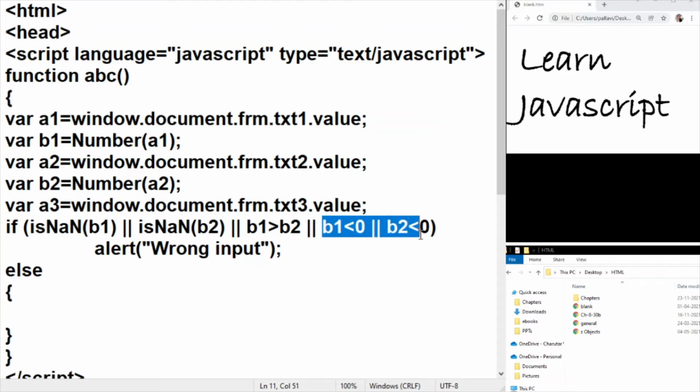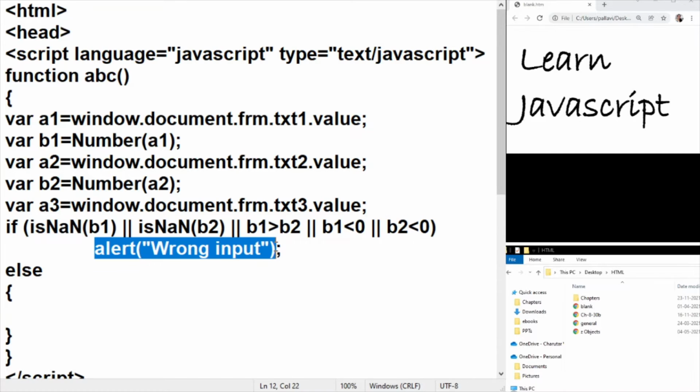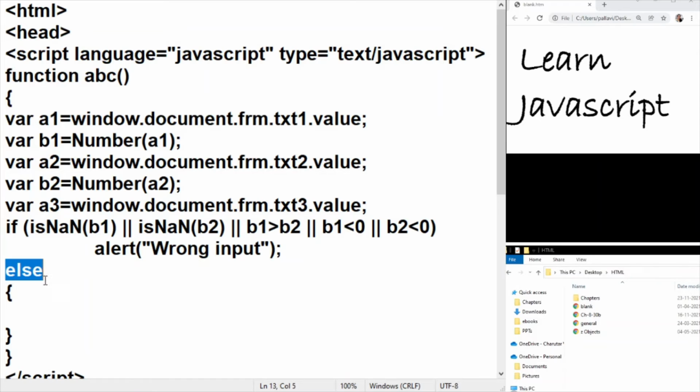And we are actually not interested in using the negative numbers, so we are eliminating the possibility of B1 or B2 being negative. So in either of these cases, we're going to come out with the output saying that there is wrong input.